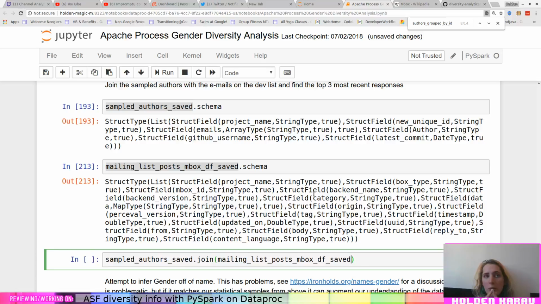So we could go ahead and union them in, but if we did that with the sample, it would inadvertently skew the sample. So we'll probably just produce two separate data sets.